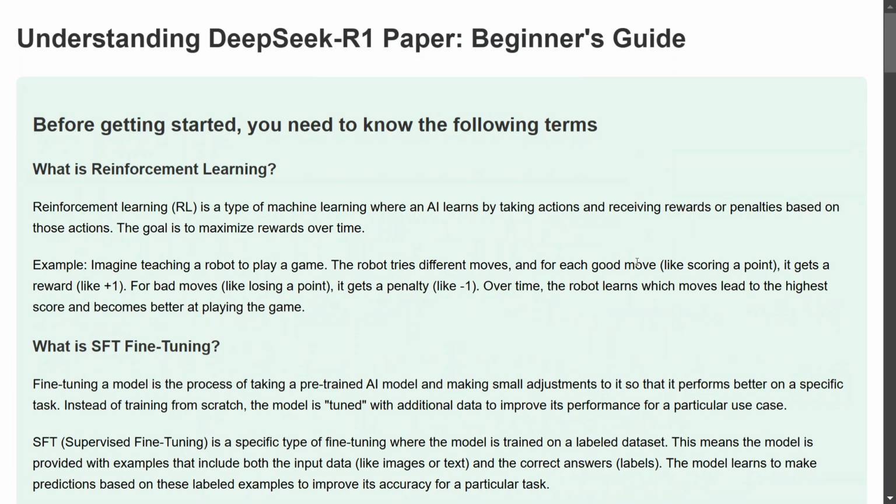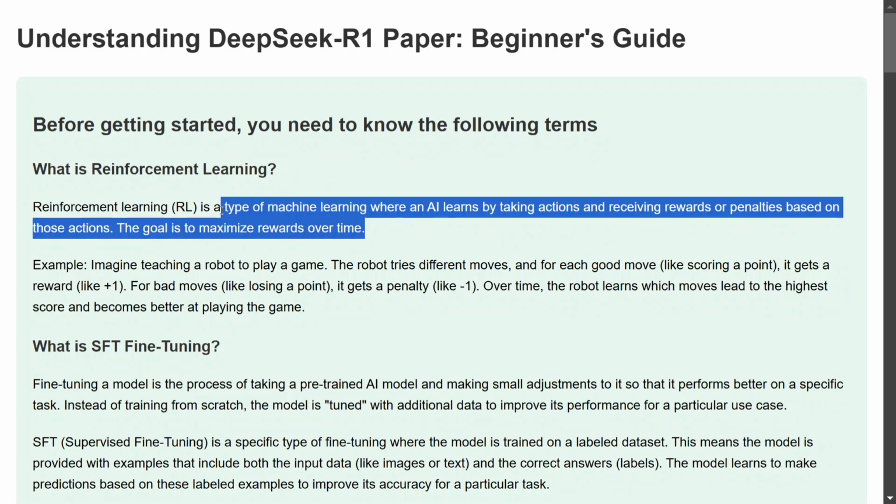So, let's get started. But before jumping on to the details of the paper, there are certain terminologies that I guess you should be knowing. The first one being, what is reinforcement learning? I am going back to it because I feel that most of the audience might not be knowing the basic concept of reinforcement learning. So, just trying to give you a brief. It is a type of ML only. Like, you have supervised models, you have unsupervised models, then you have reinforcement learning models as well, where AI learns by taking actions and receiving rewards or penalties based on the action taken. The best part being, for reinforcement learning, you really don't require any data to train. While the model is deployed, it learns on its own as the model runs.